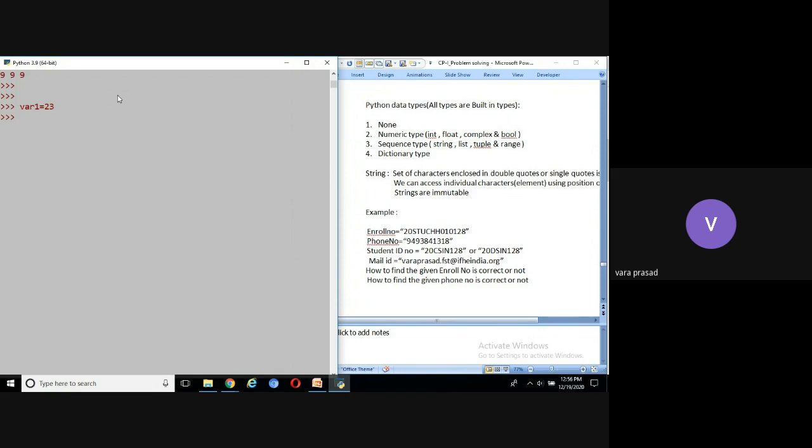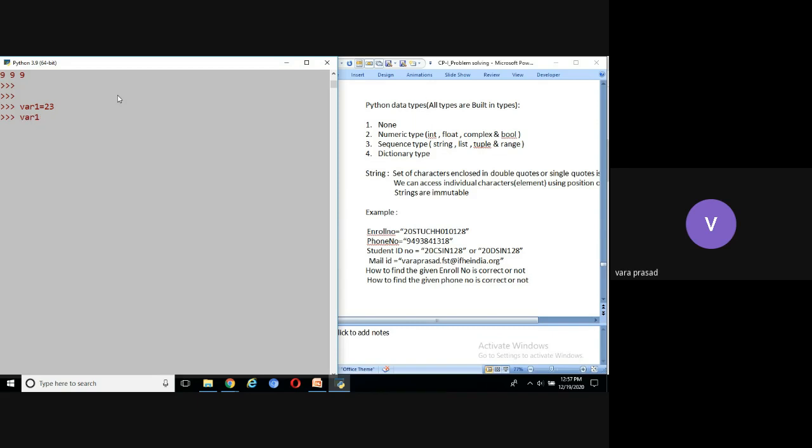The type of the variable is integer. Operations we can perform on var1: addition, subtraction, multiplication, division, integer division, float division. We can also convert the integer to another type.